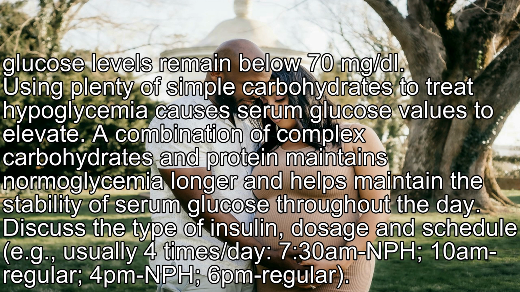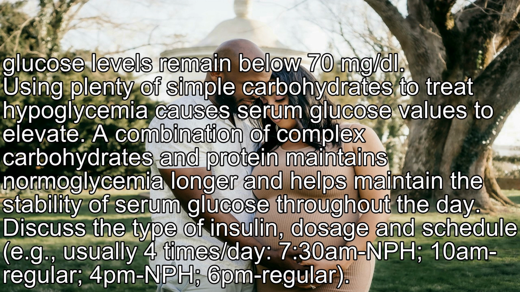Using plenty of simple carbohydrates to treat hypoglycemia causes serum glucose values to elevate. A combination of complex carbohydrates and protein maintains normoglycemia longer and helps maintain the stability of serum glucose throughout the day. Discuss the type of insulin, dosage, and schedule, e.g., usually 4 times/day, 7:30 AM NPH 10, regular 4,